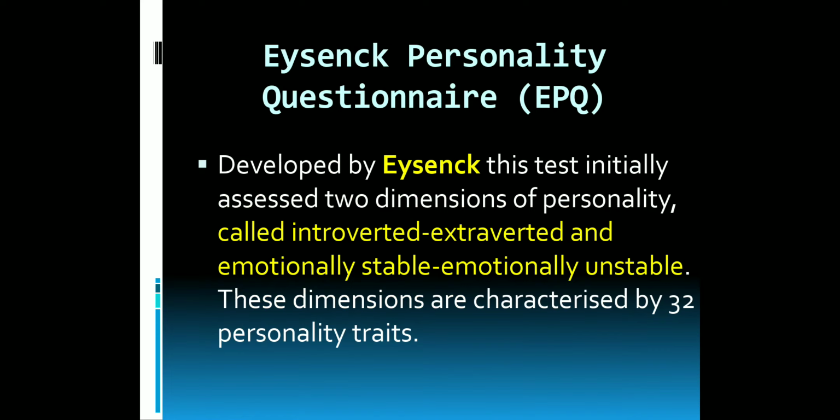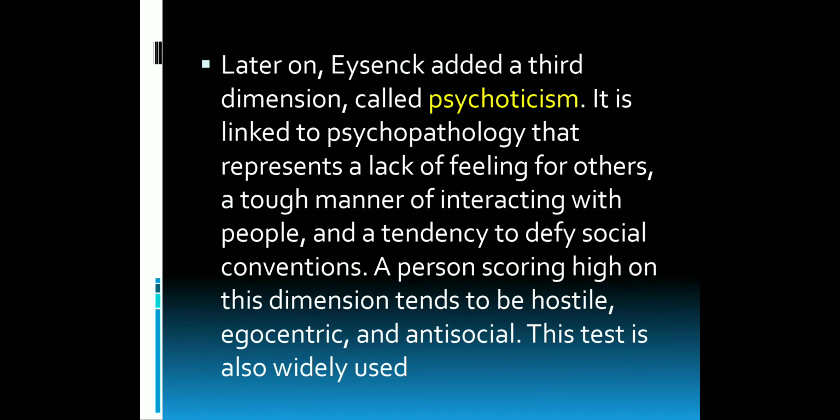Next is the Eysenck Personality Questionnaire, and we also write it as EPQ. EPQ was developed by Eysenck. This test initially assessed only two dimensions of personality, that is introverted and extroverted, and emotionally stable and emotionally unstable. These dimensions are characterized by 32 personality traits that we have already talked about in our theory. Later on, Eysenck added a third dimension called psychoticism. It is linked to psychopathology